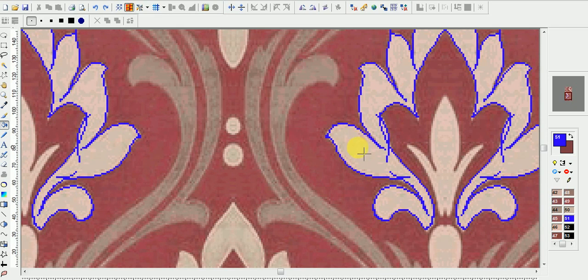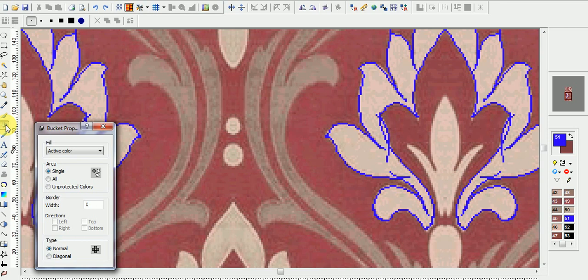For how we can fill that, you can see here in the bucket tool we have options. When we right click on this, you can see here active color, single, all, unprotected. Three options are there. When we fill a single portion, wherever the joint is for that color, that will fill.